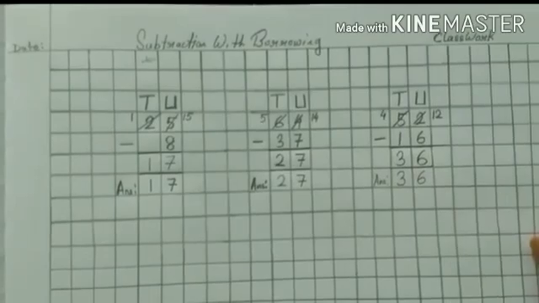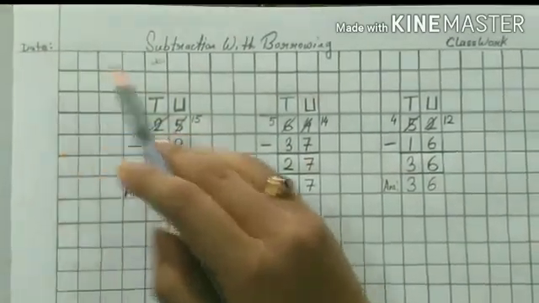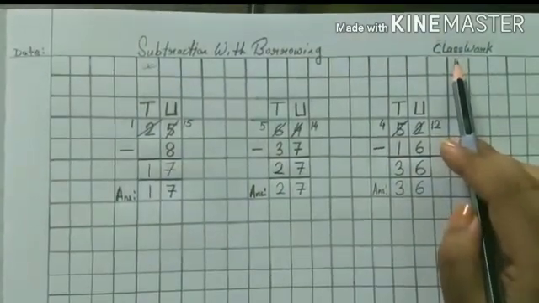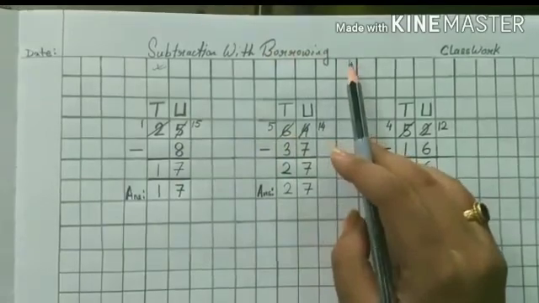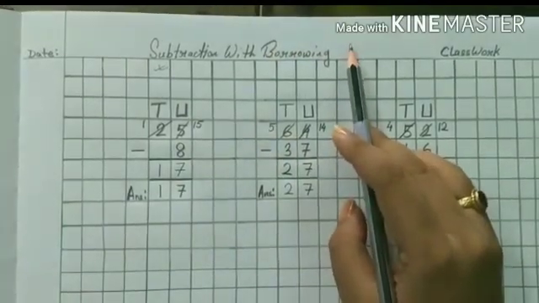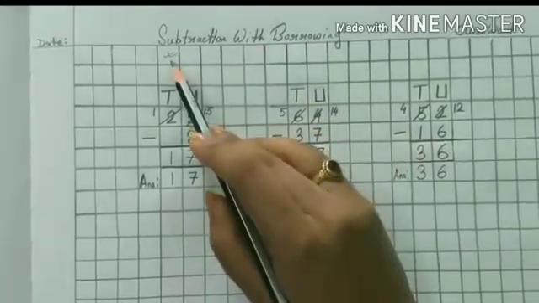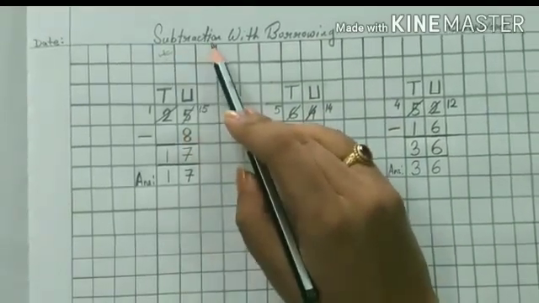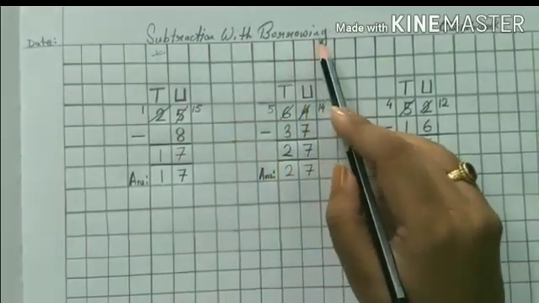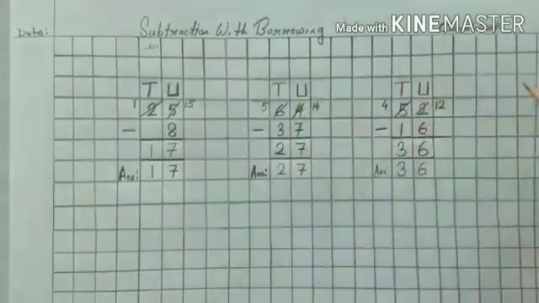Children, when you do your work in the exercise book, do not forget to write the date and classwork. Okay? And the heading which I have written above this line, above the margin, you will not write it here. Instead, you will write it here. Okay? In your exercise book, you will see there is a red margin here, a red line. Just write below that. Okay? Thank you.